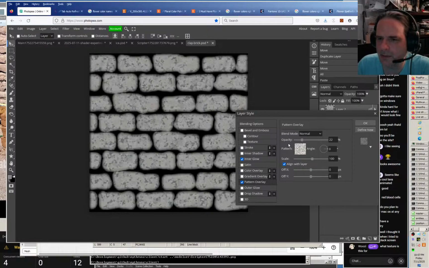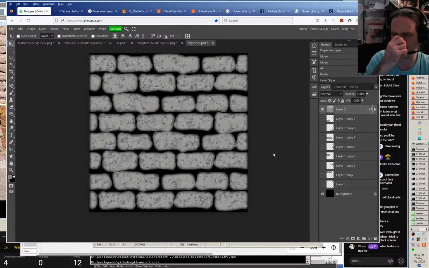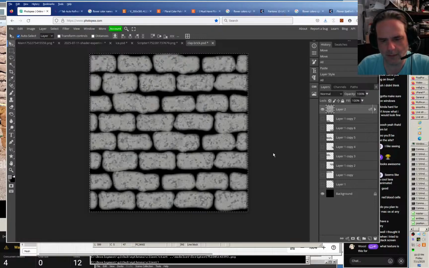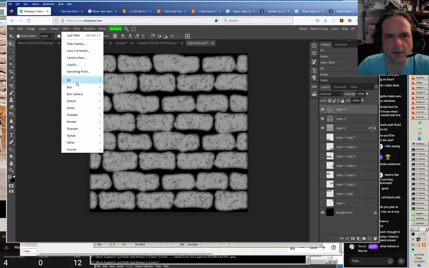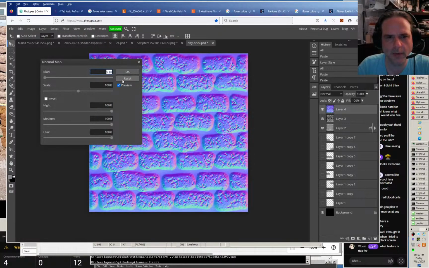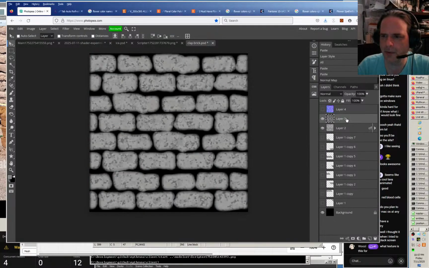Okay, so then this is for the Adobe brick stuff. You'll see. Okay, so we want this. We're going to make a normal map. And so we'll make it twice. Filter, 3D, normal map. I'm okay with this for now. Okay. So that's our normal map. Use this one to make